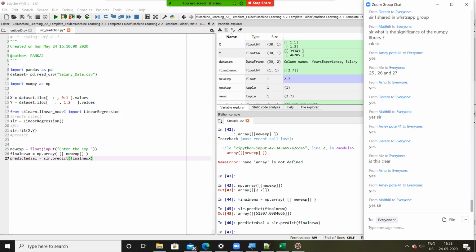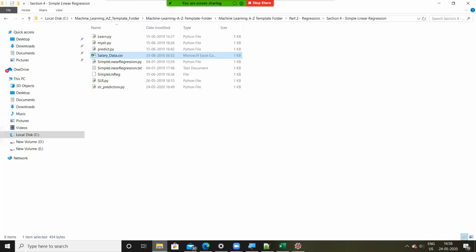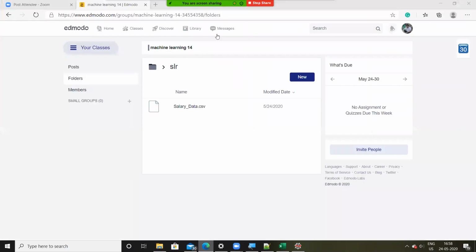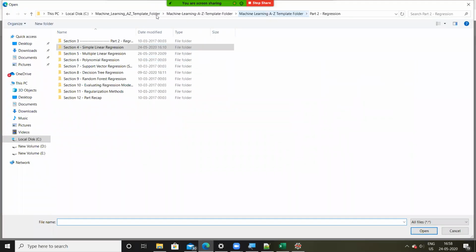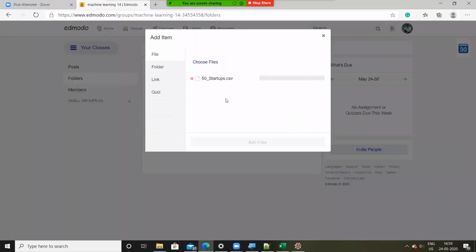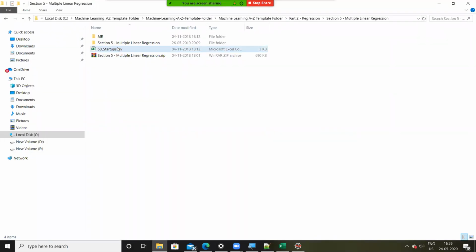Perfect. Now I'm going to give you another data set, and you are going to try this as homework. I'm going to give you the data set for multiple linear regression. Let me give you a brief overview of this data set.